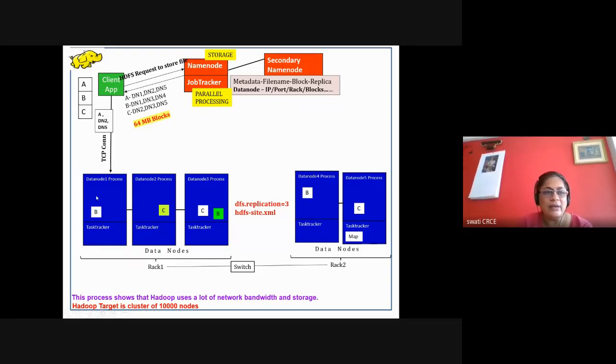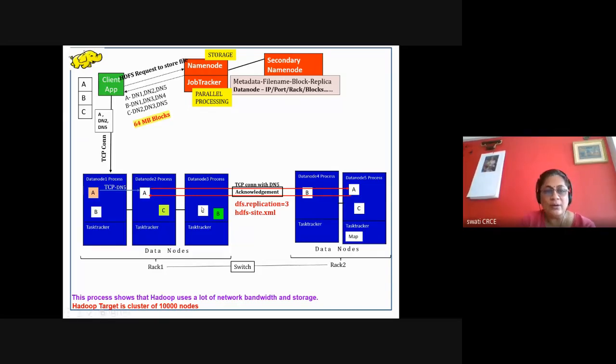So now the block will get stored here in DN1 with the replica names. Now it has understood that another replica is to be stored on DN2. So data node 1 will, in the background, get connected to data node 2 with the TCP connection, and it will send the information that you store this block A on yourself, and you keep a replica on machine number DN5, which is in another rack. So it will establish the TCP connection with that DN5 machine, and it will transfer this block, and DN5 will store it.